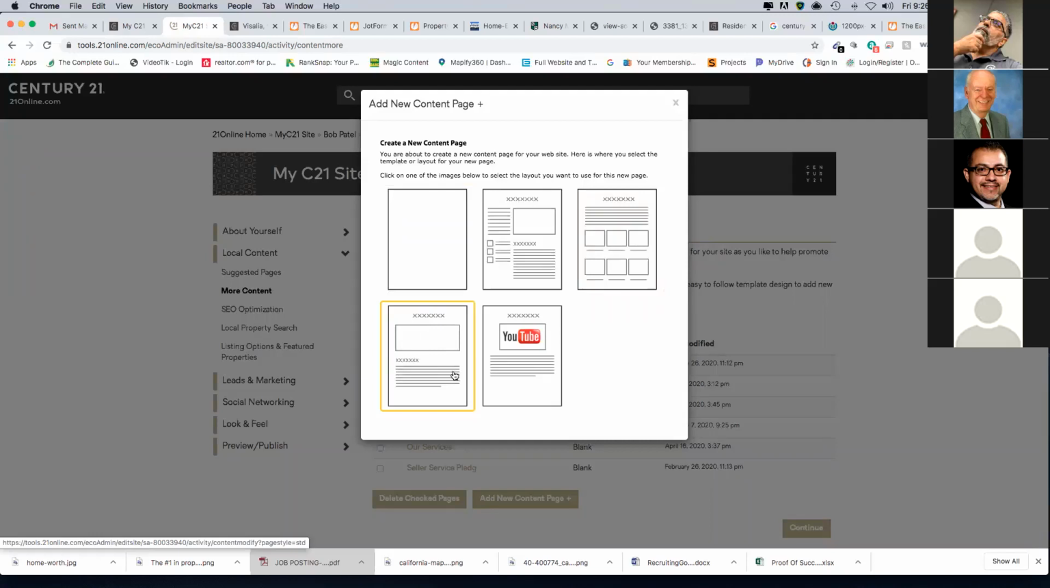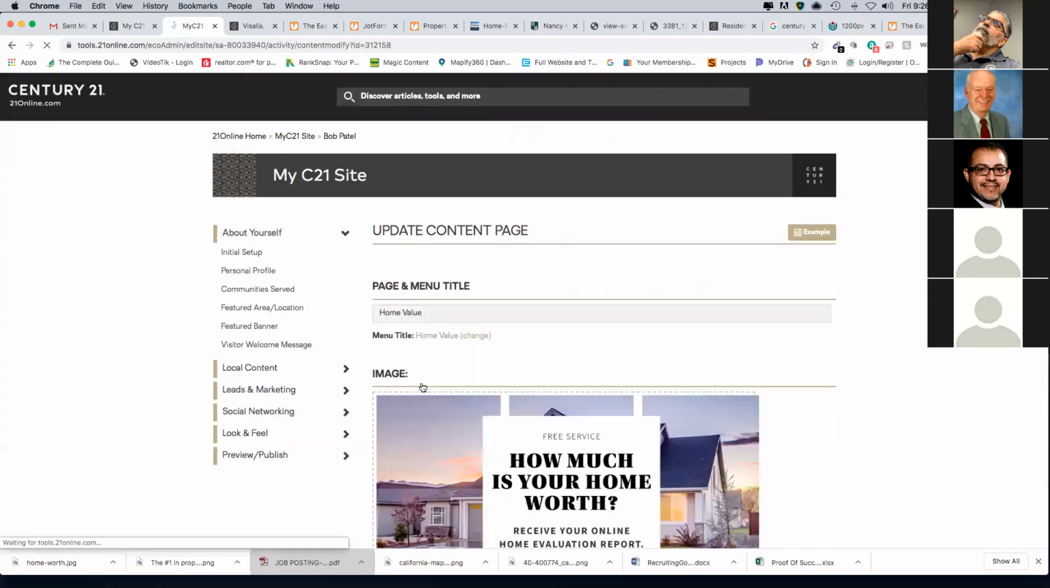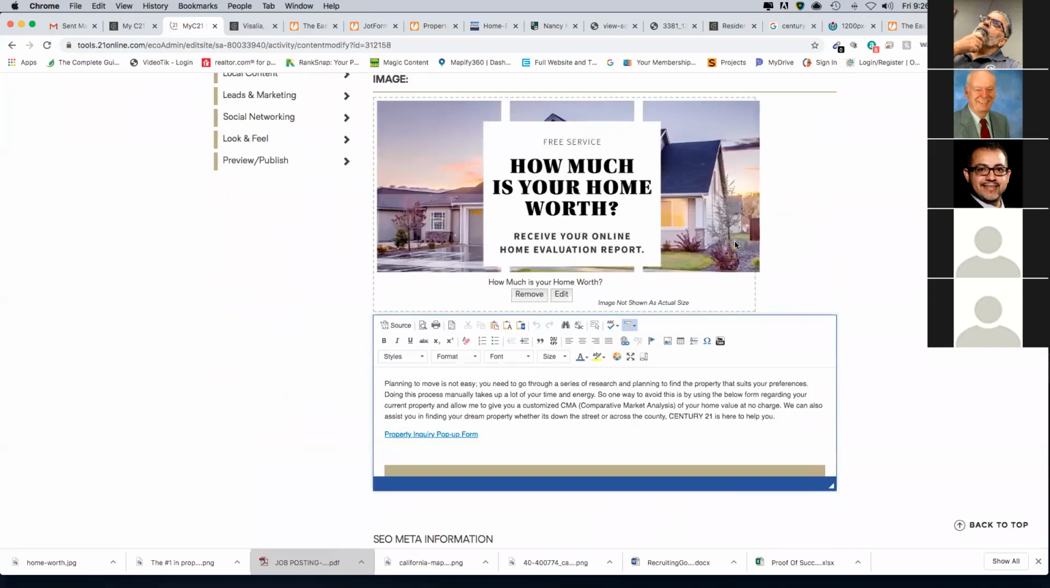I would choose this one, which just says, hey, put a full-size image and then whatever verbiage you want. Or, hey, why don't you do this? Why don't you put a YouTube video and then put whatever verbiage you want below? Perfect. I can add a video, or it could be me, myself. It could be anything that I recorded and then put some verbiage right below and you're good to go, or add an image. So when I selected home value, I selected the one with the image. Here's the image